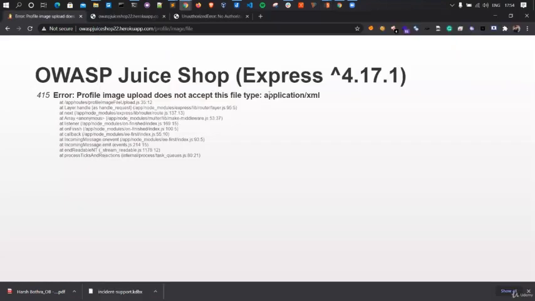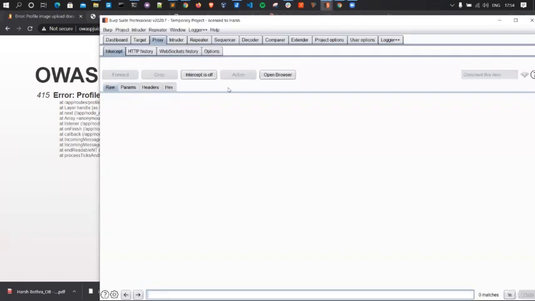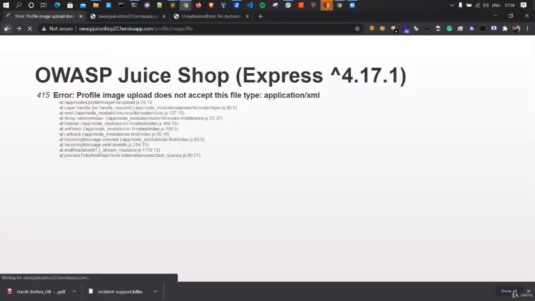So it says unsupported media type application/xml. So this is again something which is filtering out the application type as well. So now we know that the application filters multiple things. One is the MIME type. Second one is the application type. Okay. So what we will do next is simply turn on intercept, go back, intercept off,